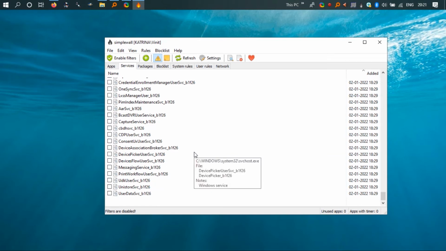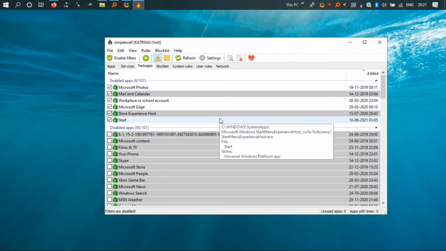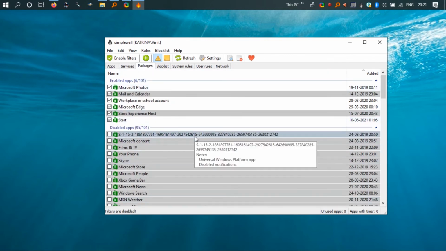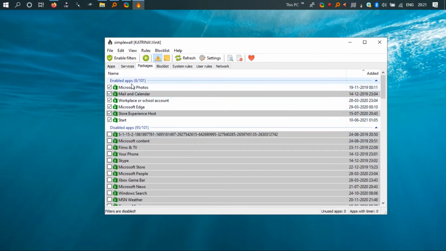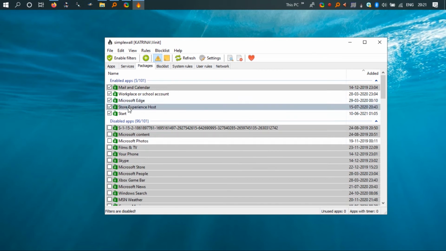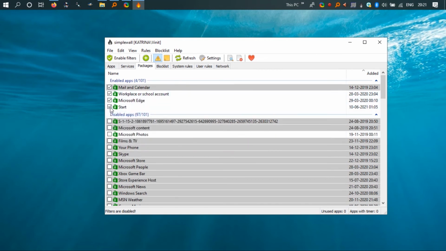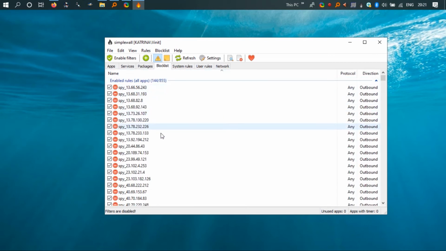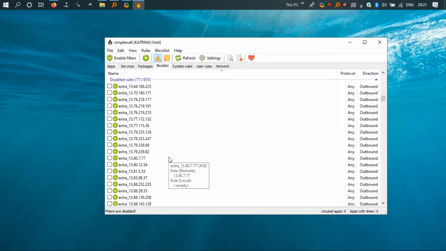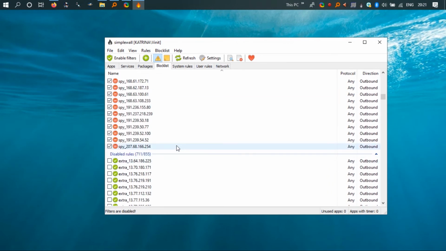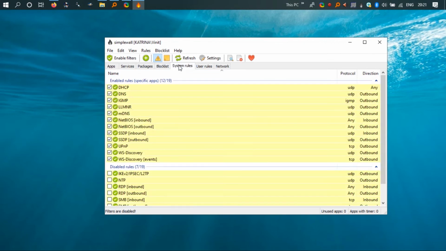These are packages. Microsoft has some Metro apps, so the access of those apps can also be controlled from here. Start, mail and calendar. There are some inbuilt rules. All these addresses are known to connect to some bad servers, so those are already blocked.